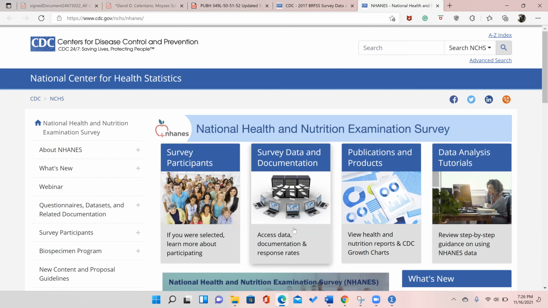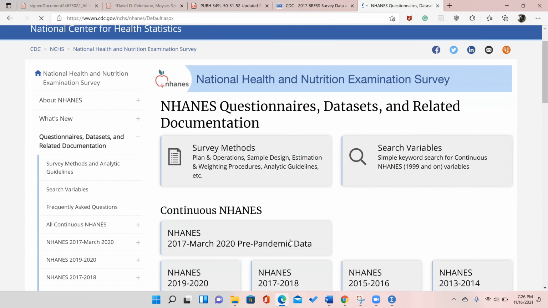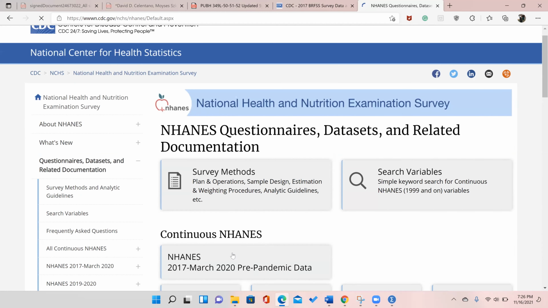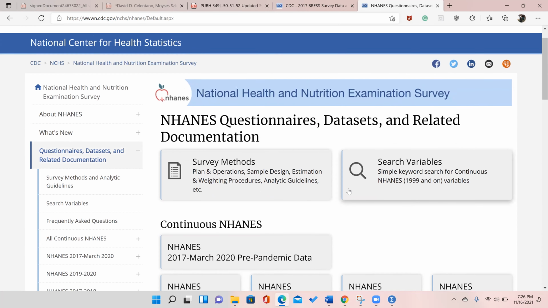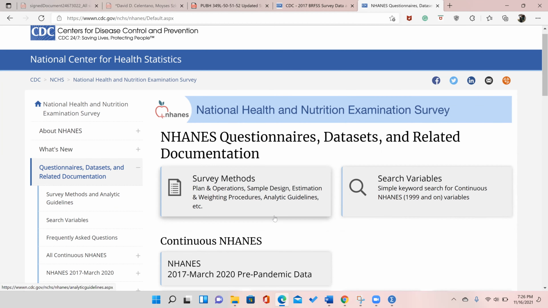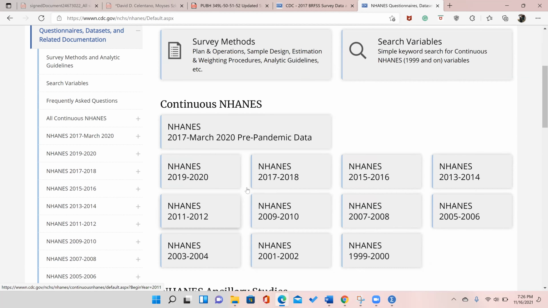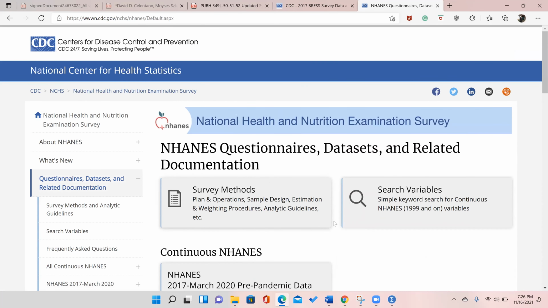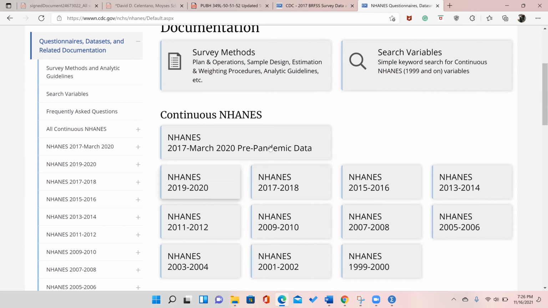Once it opens, again, you go to data, access data and documentation. If you go to data and documentation, that's where you have your NHANES data, which is the National Health and Nutrition Examination Survey. All that you see here is information or data which have been collected under the National Health and Nutrition Examination Survey. Whichever one you would want to use, for instance, if you click on this one, which has to do with the